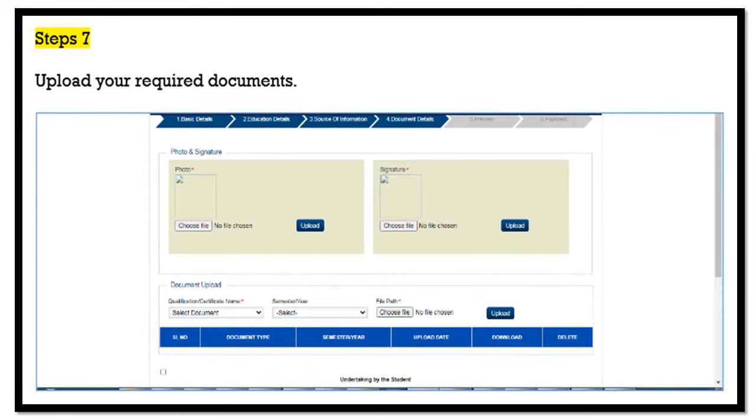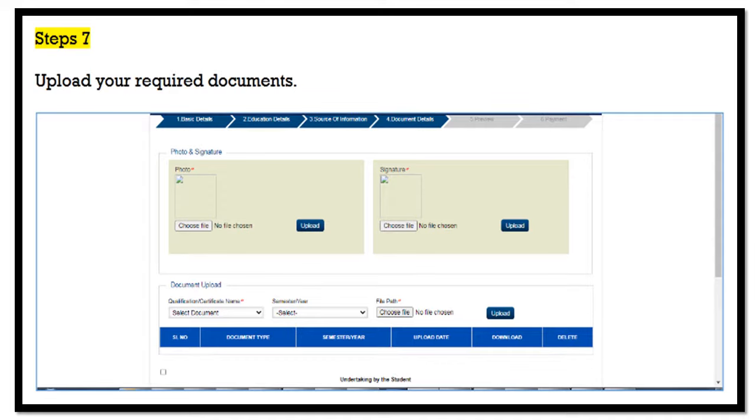Now here you will use the required documents, the soft copies that I told you about in the first slide, which you have to keep with yourself in the given format and the given size. You will be uploading them here in step number 7. If you have already kept them as soft copies in the provided format and size, it will be very easy for you to upload them, and you can proceed through this step very quickly.